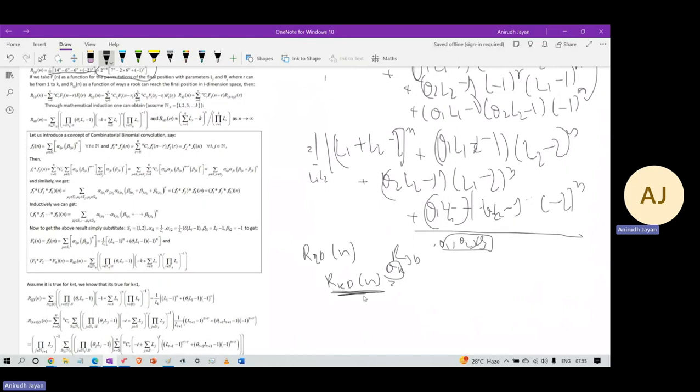If we assume this as the notation, then we can simply say that